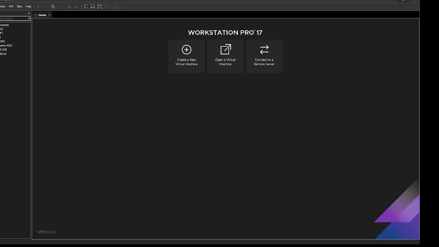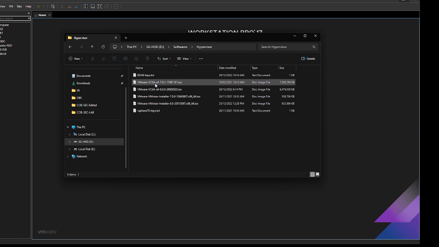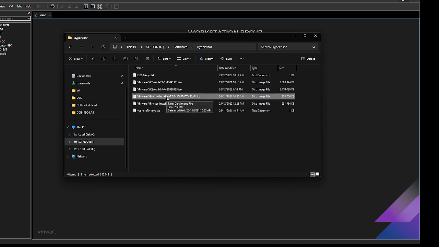All right. Now coming to the ISO image for the ESXi. So in the hypervisor, you see that I do have the Workstation ISO image. I do have the VMware ESXi ISO image.